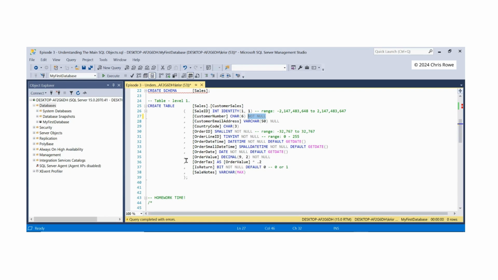So that's the customer number. Let's add another column separated by a comma again, and we're going to call this one customer email address. You can either type that one out or pause it afterwards and type the whole block, up to you. But we're going to type that out, and we're going to look at a varchar, which is the next data